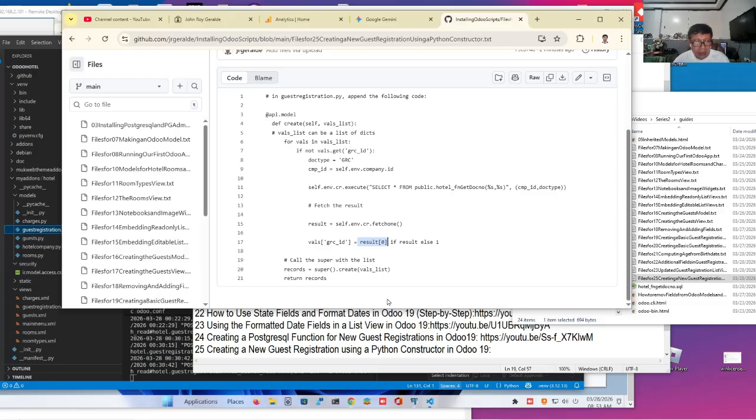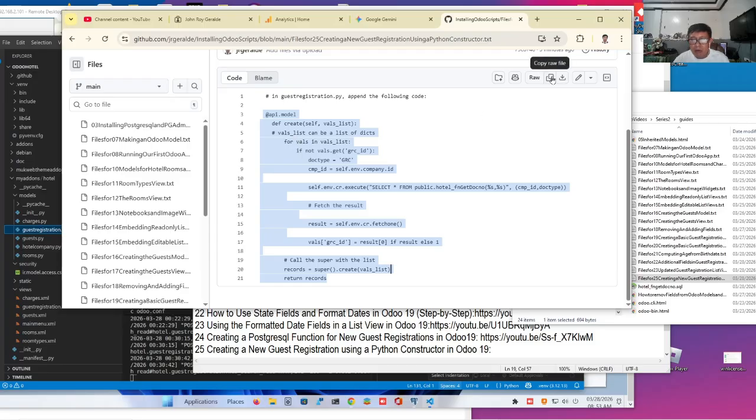And then when we say records = super().create, this will now create an actual record in our guest registration model. And when we say return records, it will display the records that were created in your list view. So now let's copy this.